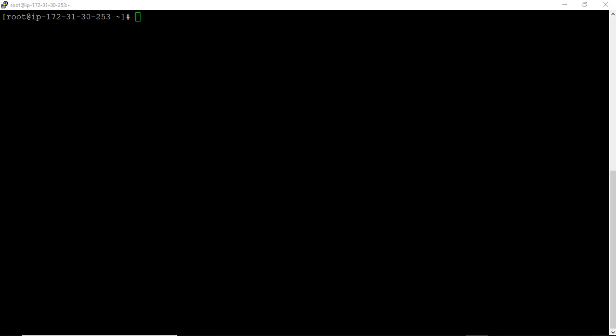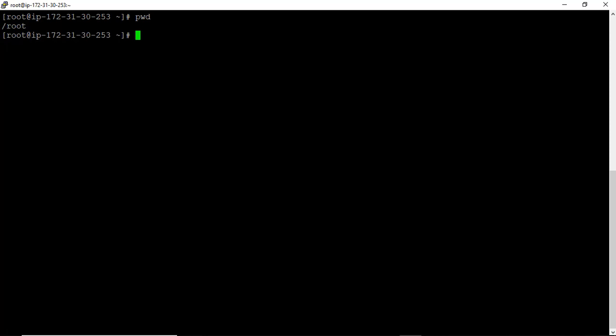With the default user like ec2-user, I don't have much permission. So what I have to do is move to the root account. Now I am in my root account and here I have to see the options. To check my current directory, there is a command pwd which you can use. It will show you your present working directory, that is root. So I am right now at root.